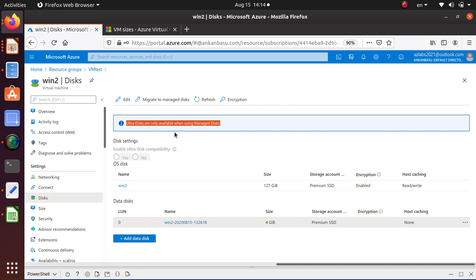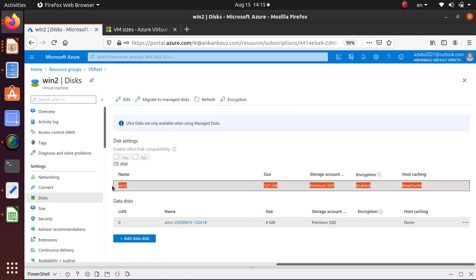Something that I didn't notice previously, but what it's telling me is that if I have a virtual machine that I have created where I said do not use managed disk, even if I try to encrypt it, only this disk, which is the OS disk, is getting encrypted from the Azure portal. This disk didn't get encrypted from the Azure portal, although we said, yeah, encrypt everything, right? So with this knowledge, let's go back to our PowerShell again,